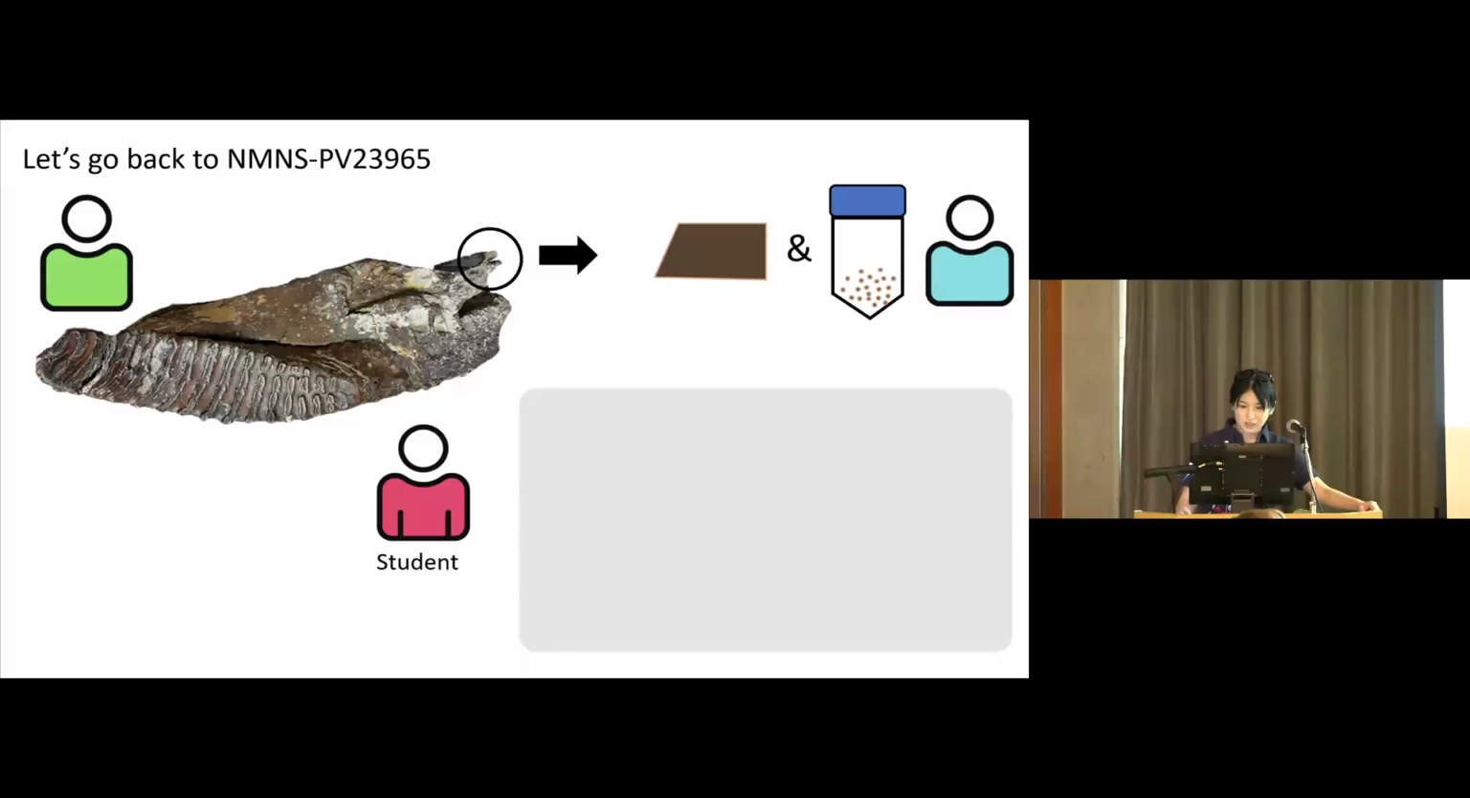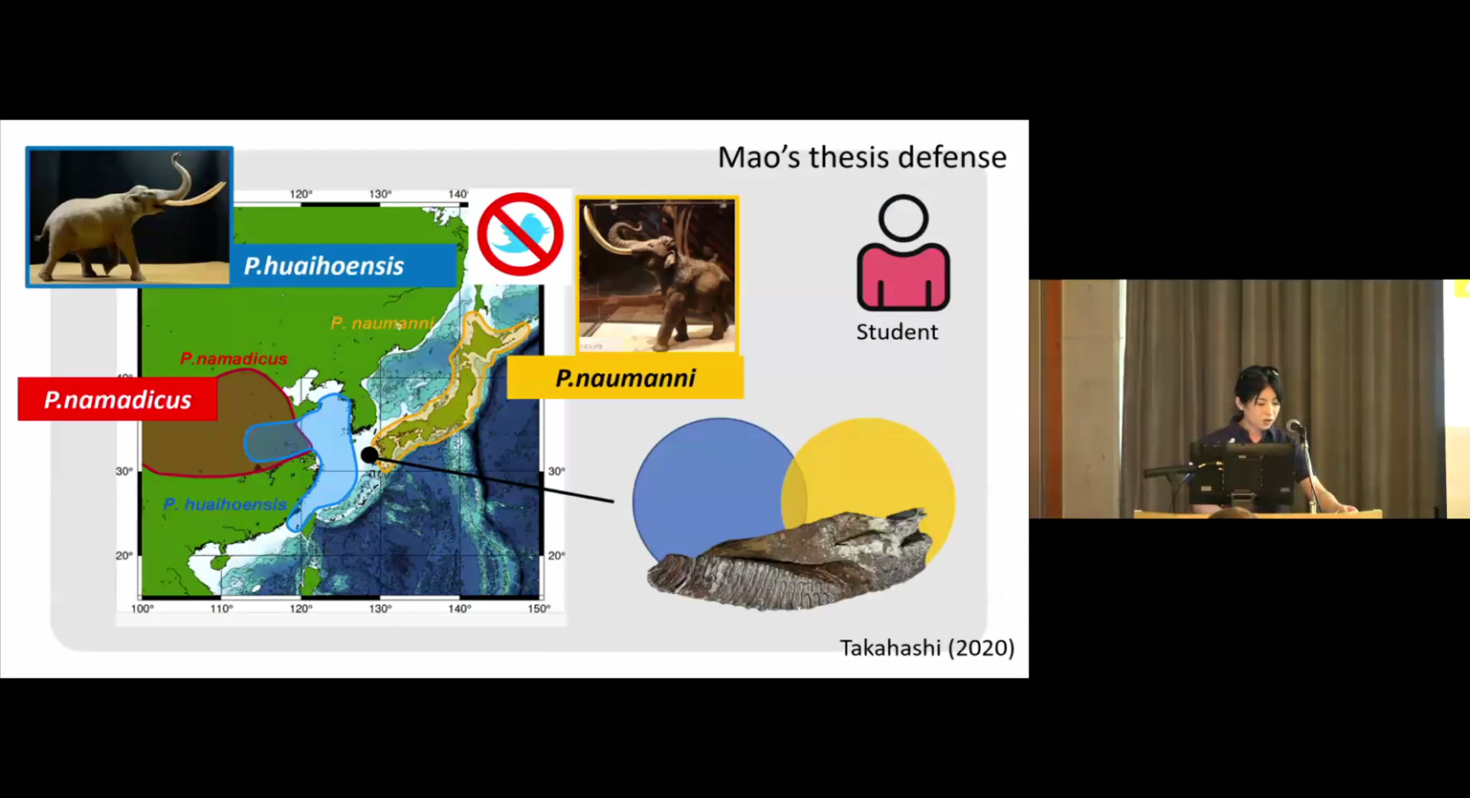The species status was not known when I got requested from the ancient DNA group. But I know the location of this fossil is quite unique. It was found at the boundary between the estimated distribution of a Taiwanese Paleoloxodon called huaihoensis, and the other distribution of Paleoloxodon naumanni. So it's in the boundary, and my student Mao was very interested to know which species this fossil